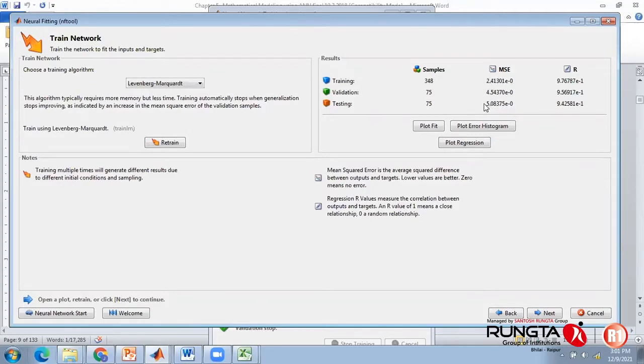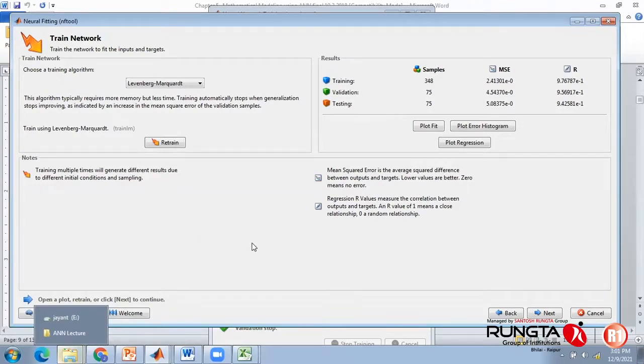If there is a drastic difference or variation between training MSE and testing MSE, that means the optimization algorithm has already lost its path and is going in the wrong direction. You're forcefully training the neural network. This is one indication. Another indication is the coefficient of correlation during training and testing. Again, if there is a drastic difference, for example training is 0.97 and testing is 0.2, this usually doesn't happen, but if this sort of digits appears, it indicates that the neural network is overtrained and you cannot predict your output based on that overtrained neural network.